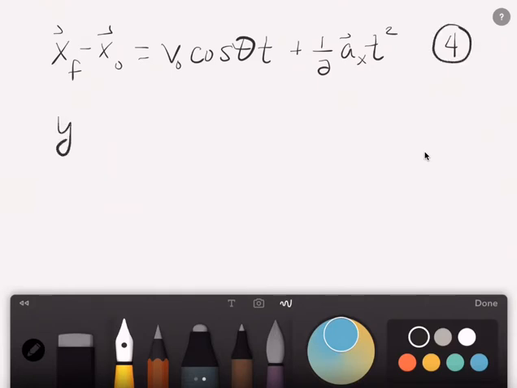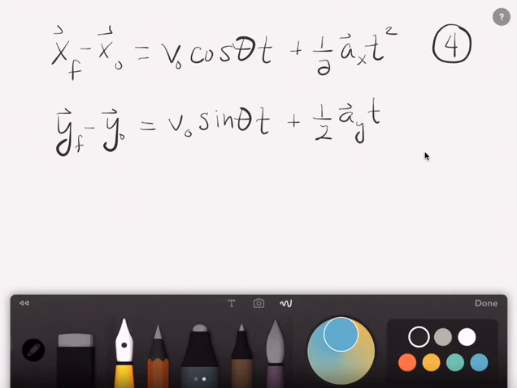And then we have y final minus y initial equals the initial velocity times sine of the angle times t plus 1/2 a sub y, or acceleration in the y direction, times t squared. Let's just call this equation number 5. These are the two equations that we're going to use